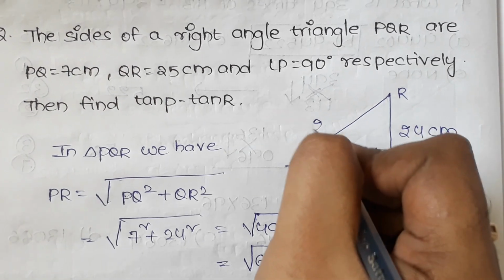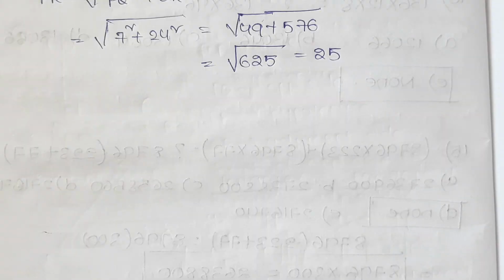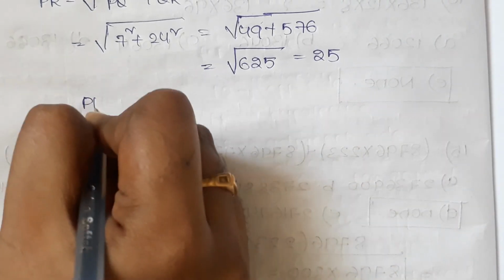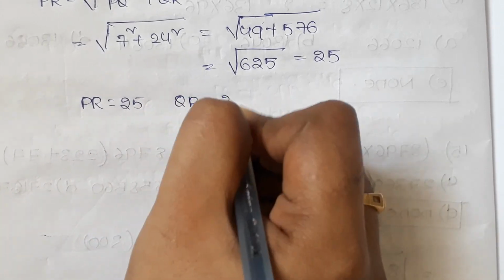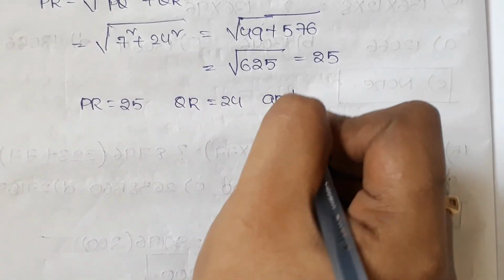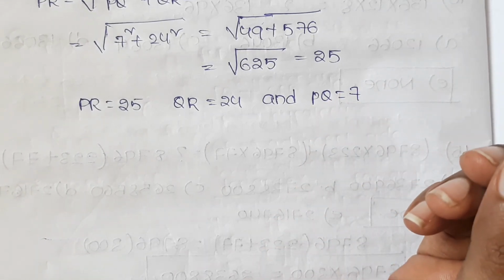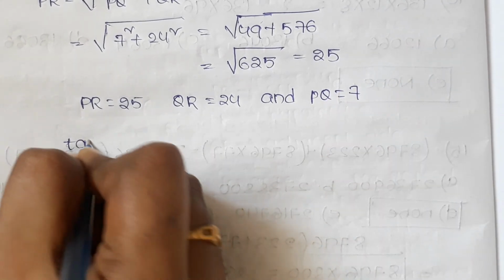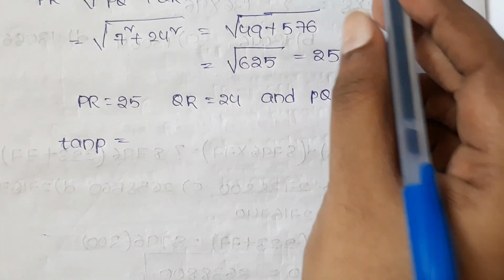And now we found PR is 25. And now we know that PR is 25, QR is 24 and PQ is 7. And now let us find the value of tan P, that equals to length of opposite side of angle